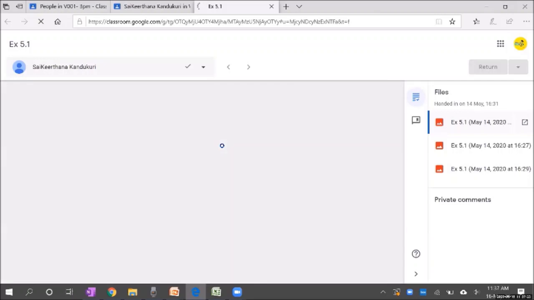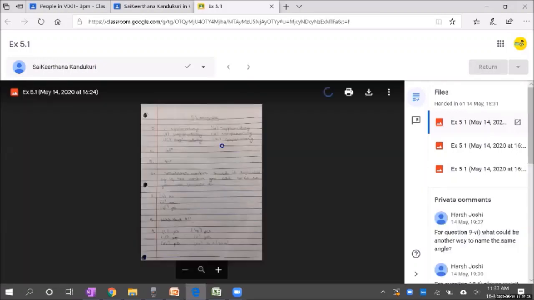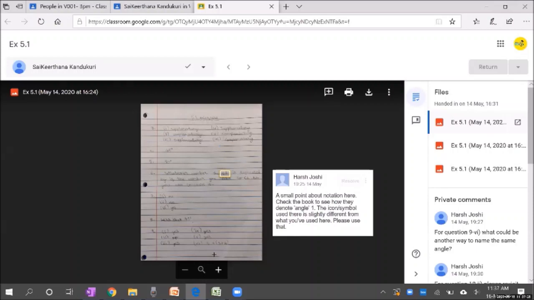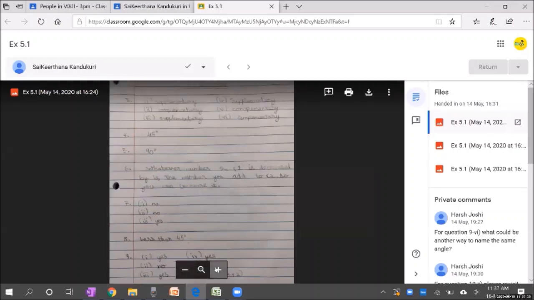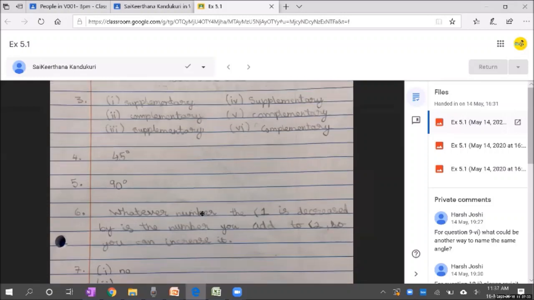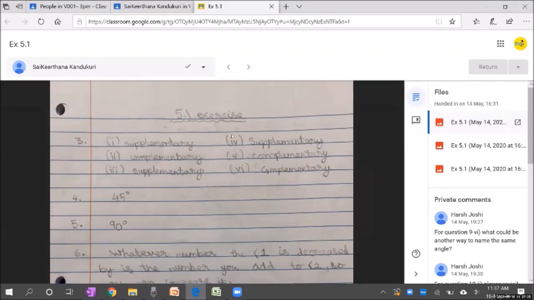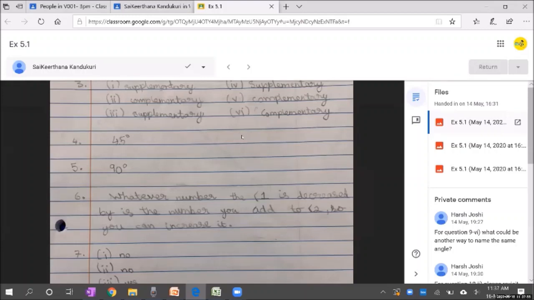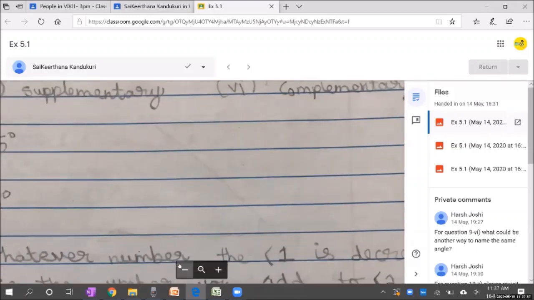The child has, in the exercise 5.1, she has submitted 3 documents. The document submission is pretty simple. Doing it in the tuition notebook and taking a pic of that with the mobile. As simple as that. So what you see here, 5.1 exercise, the child has done the homework. She found whatever answers she has to, write it down. There is no complication keying it on the computer or the mobile. Take a pic of that notes and upload it. As simple as that. It's like a jiffy.